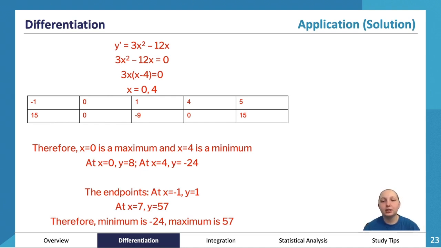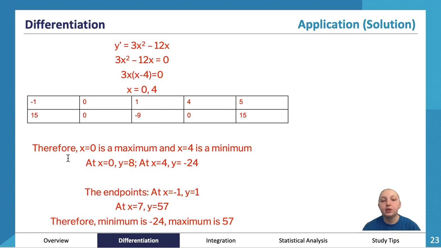That's quite symmetrical, which is nice. That doesn't always happen, and it doesn't need to happen. It just so happens to be that way because this is a parabola. So therefore we can say that x equals 0 is going to be a maximum because we've got a positive number, 0, negative number. X equals 4 is going to be a minimum because we've got negative number, 0, positive